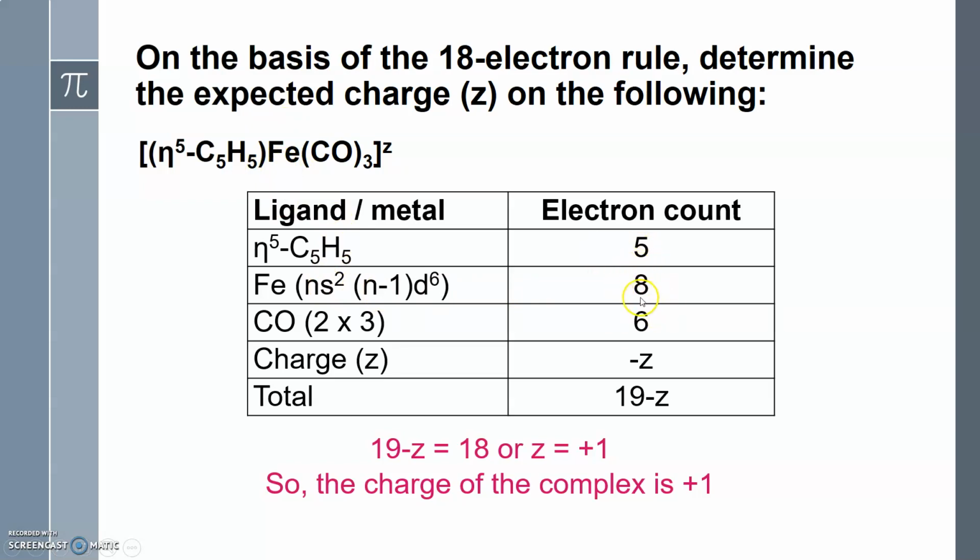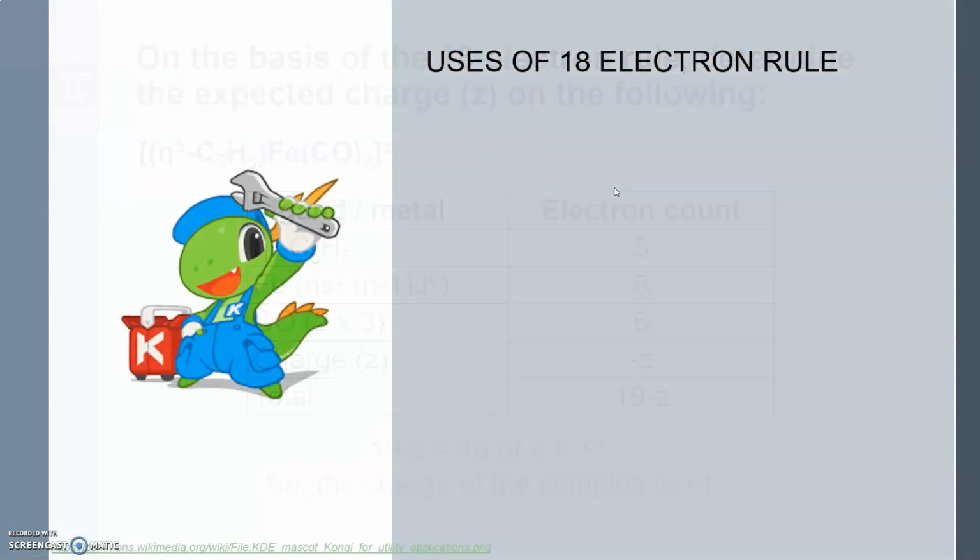That electron count will be the group number, and that group number will be the number of electrons present in its valence shell. So it is very easy to identify the metal also, right, by the neutral atom method. That is why we follow the neutral atom method, because we directly get the answer without any further modification that we have to do with the answer.